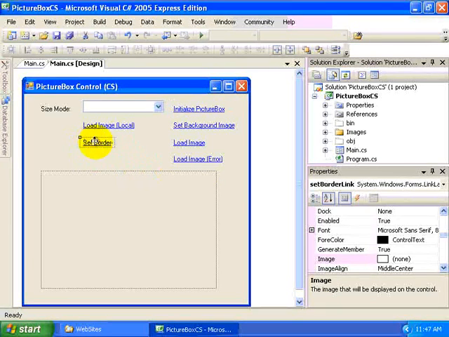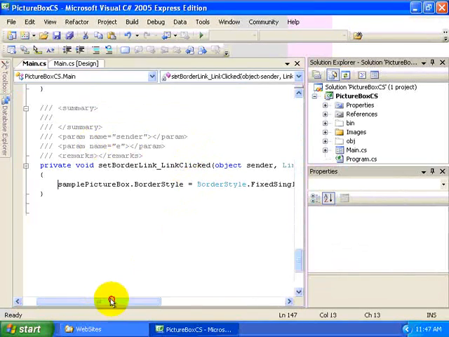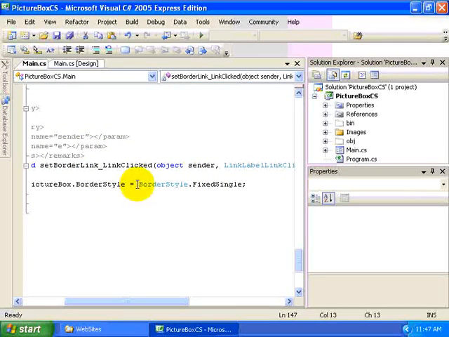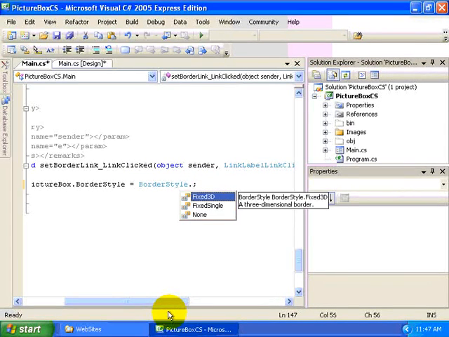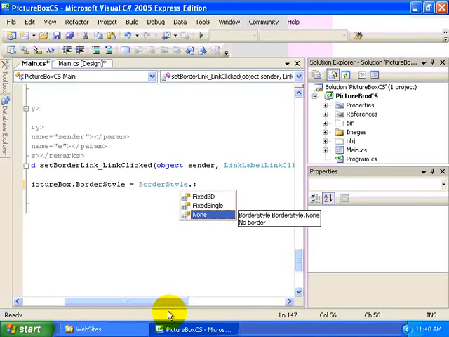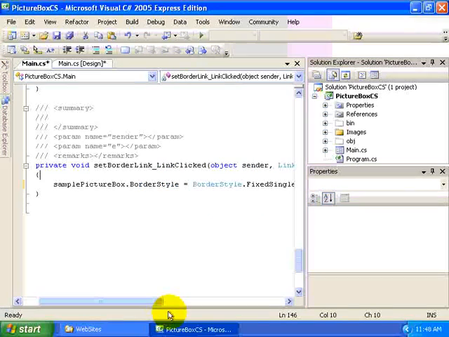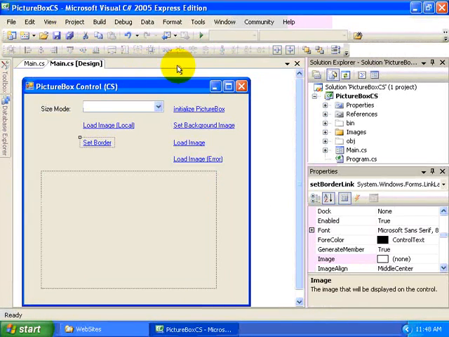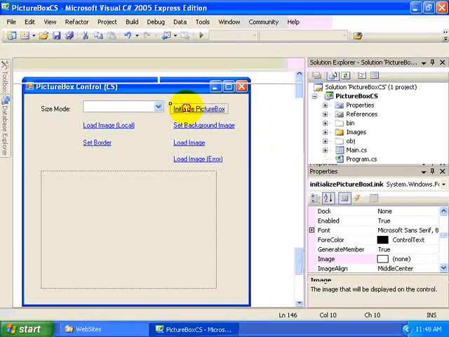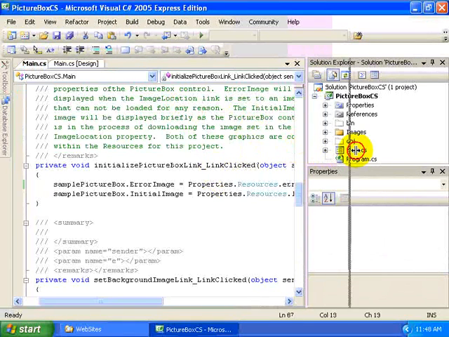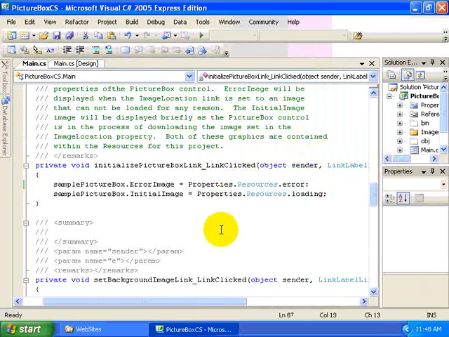First of all, we click the set border link, and simply there what we're doing is using one of the border style enumerations to set it to fixed single. There's a couple of different values we can select here, like fixed 3D, which will add kind of a double border around it, or no border style at all. Then next we click the initialize picture box, and what we did here was set two properties that at first